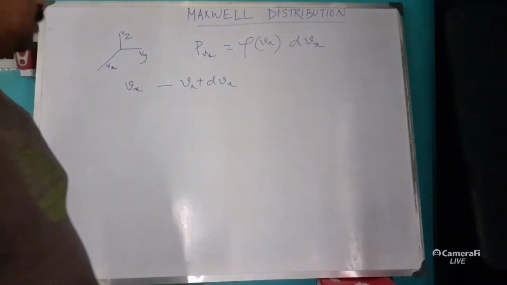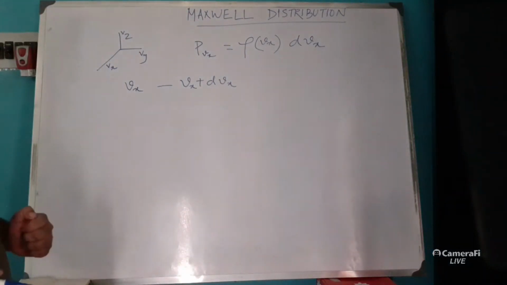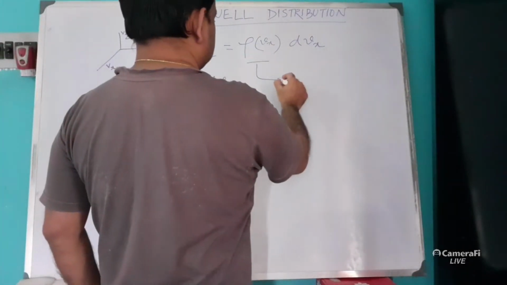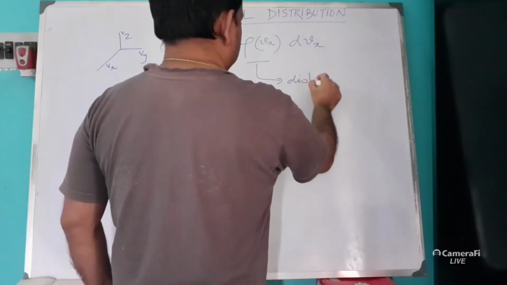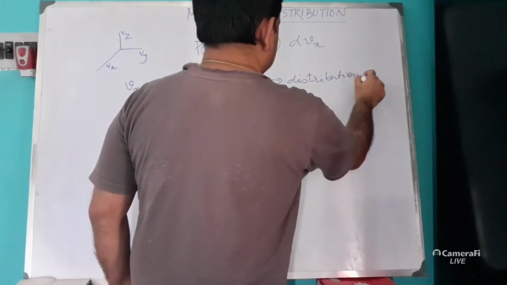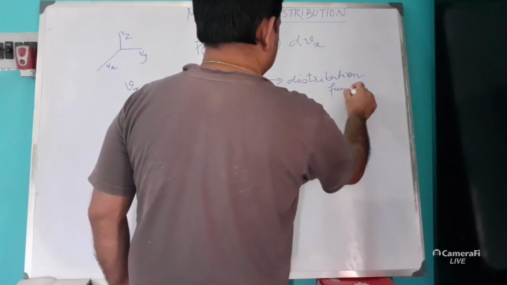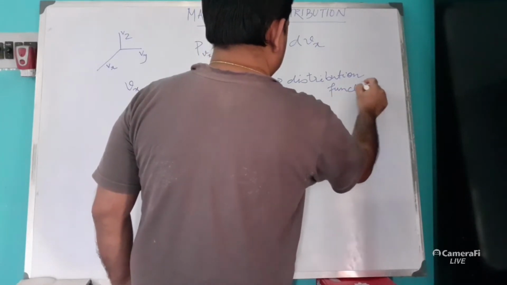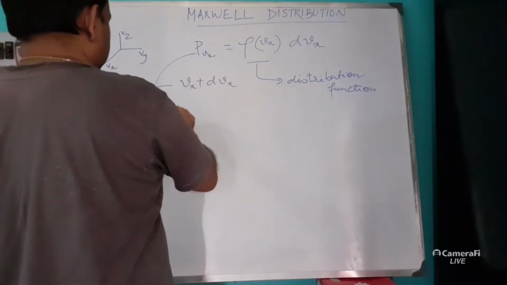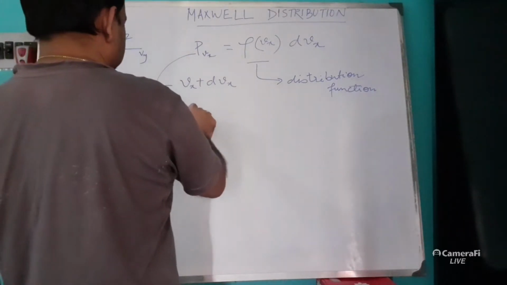This is the first consideration by James Clerk Maxwell. What is this phi(vx)? Phi(vx) is the distribution function, and this P is the probability